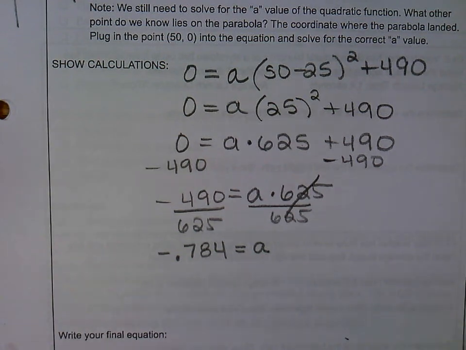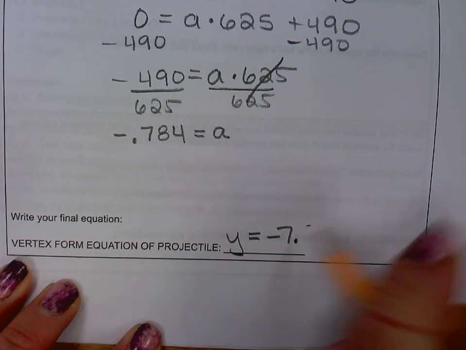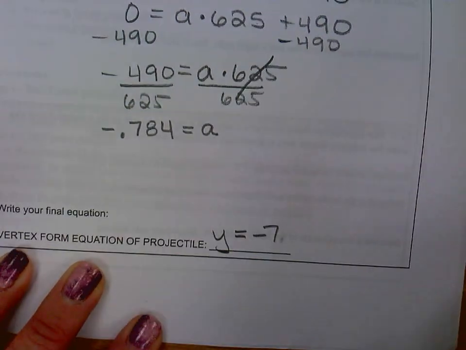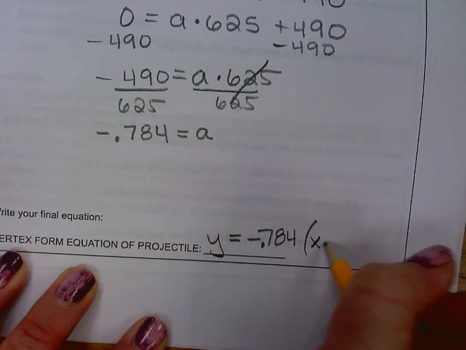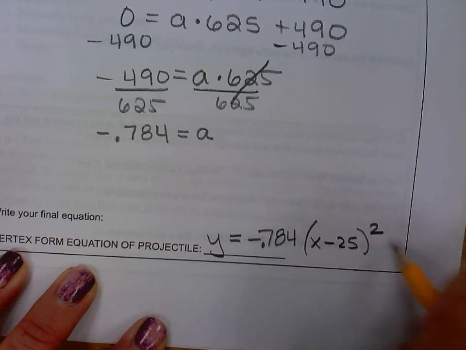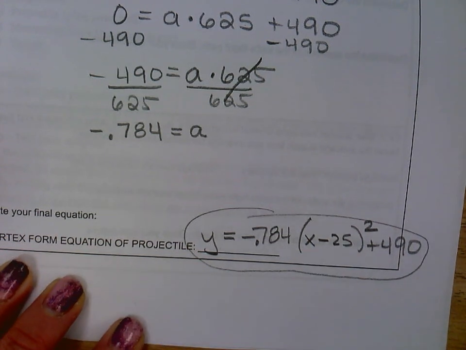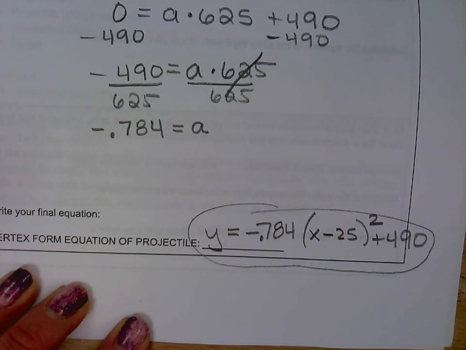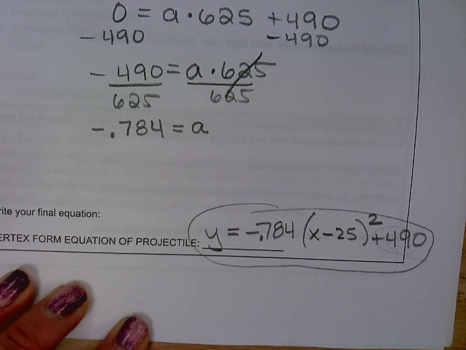Then it says, let's write our final equation. Y equals the a value, negative, oops, I put the decimal in the wrong place, negative 0.784, we said it was x minus 25 squared, plus 490. So you just figured out the equation for that person's catapult so that we can plug it into our graphing calculator and figure out the landing site when we move it up on a platform. Moving it up on a platform is just going to change that launch height. So you just add to your 490 basically, move it up. Okay, so